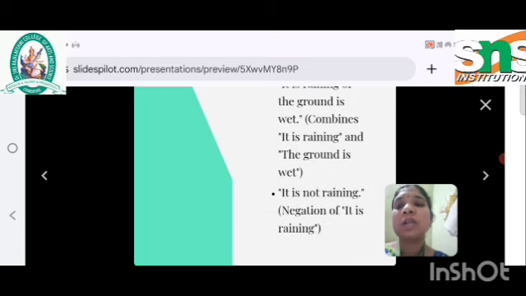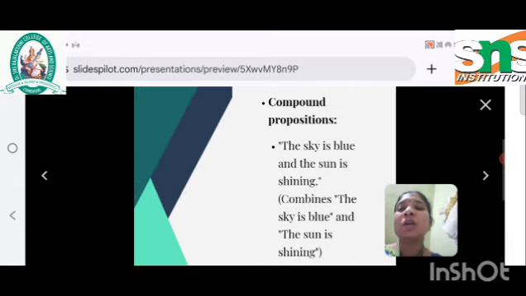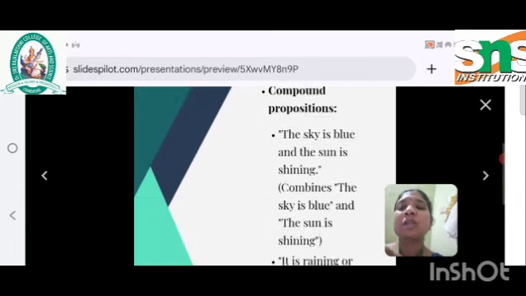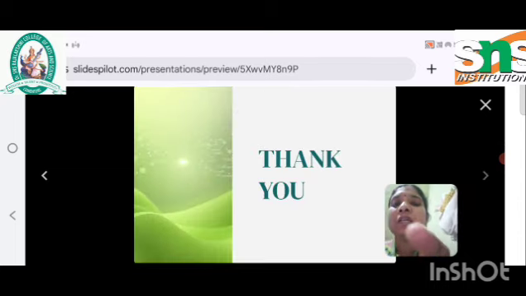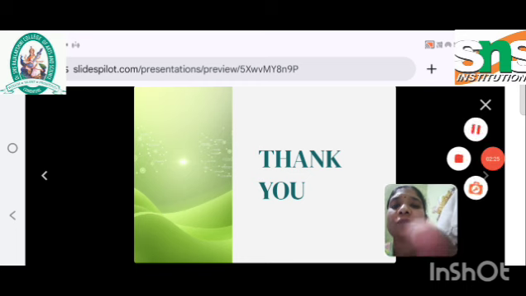In the negation case, it is not raining, we will use in this condition. These are the combinations of compound propositions. These are the differences between an atomic proposition and a compound proposition. Next series we are going to see